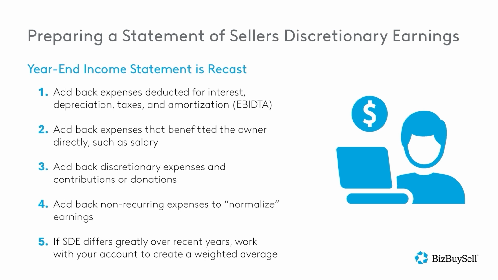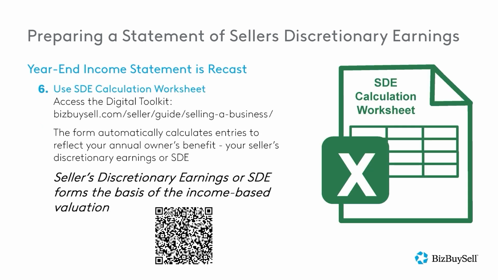3. Add back discretionary expenses and contributions or donations that another owner might choose not to incur. 4. Add back non-recurring expenses to normalize earnings by excluding unusual and one-time transactions of the business. 5. If SDE has differed greatly over recent years, work with your accountant to create and present what is called a weighted average. 6. To prepare an estimate of your SDE, use the SDE calculation worksheet in the digital toolkit,